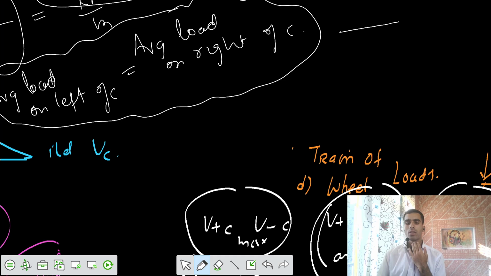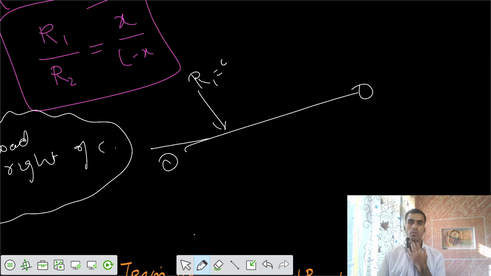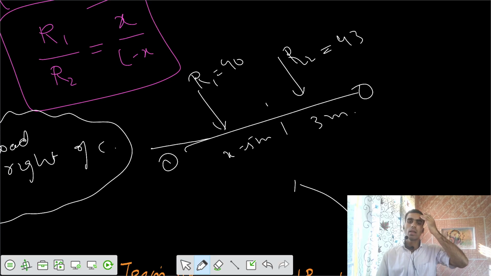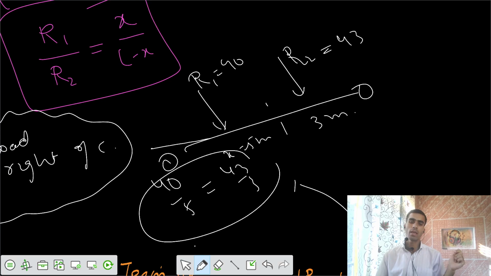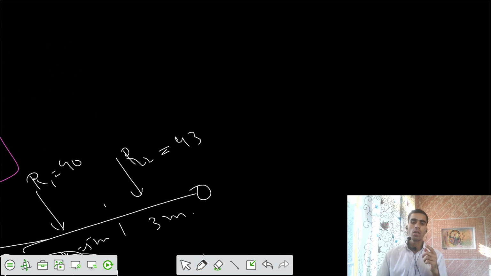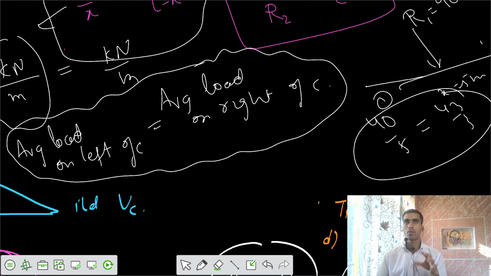Let's take any general values, out of the box. Let's say that the load on this side, r1, was equal to 40 kilonewton, and the length x was equal to 5 meter. And let's say r2, the summation of resultant of loads, was equal to 43 kilonewton and the length was 3 meter. So I would say 40 by 5 is not equal to 43 by 3. That's not the same. And similarly, I had ensured that r1 and r2 are such that its equation is equal to